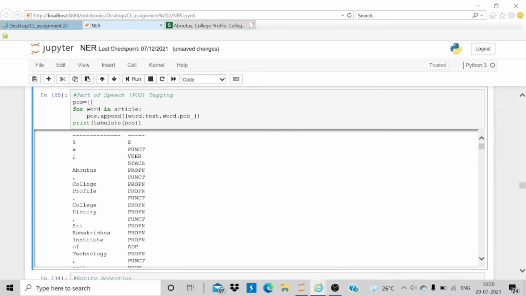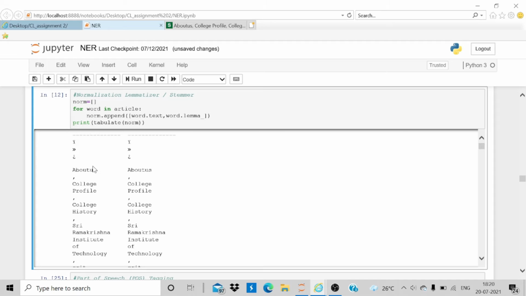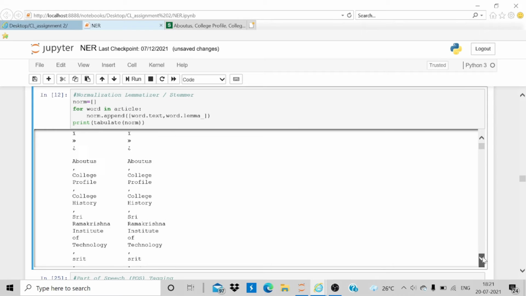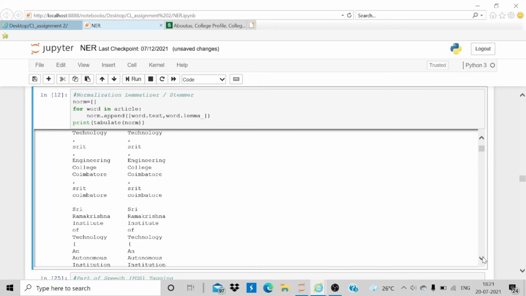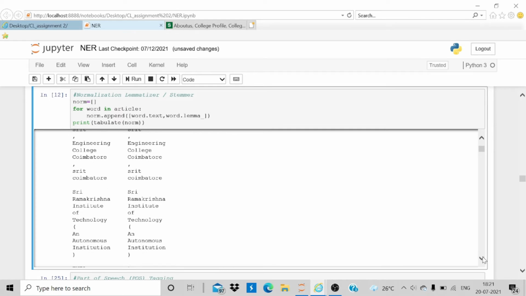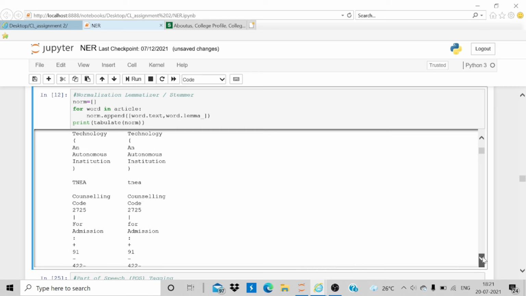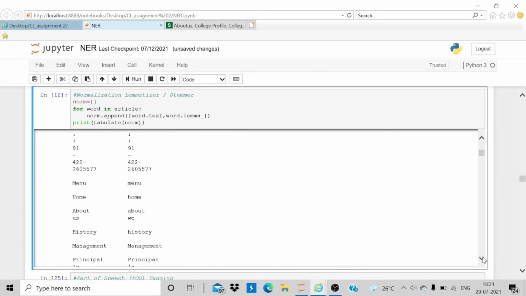So in my lemmatization output, for easy visualization, we have the corresponding text and its corresponding lemmatized word. Okay. Sometimes if the word with the suffix or prefix removed doesn't have any proper meaning, the lemmatization will bring out the proper root word. Okay, so maximum